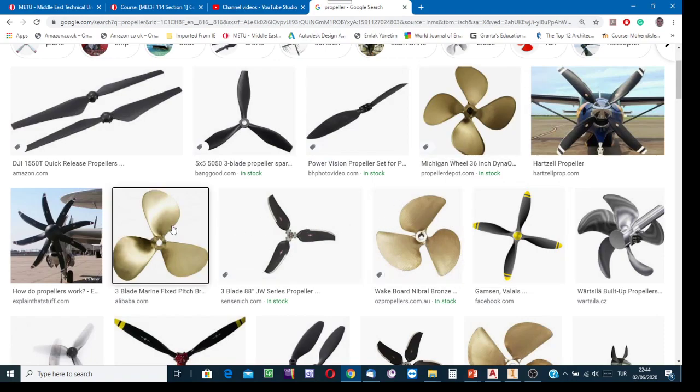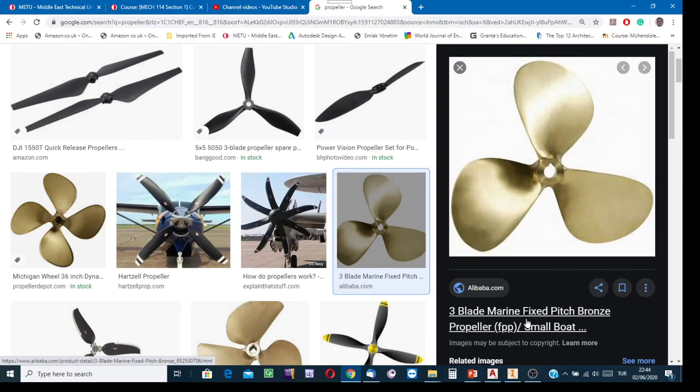Well, for instance, this one is a marine propeller. It is just to assemble to the end of the main shaft of a yacht, boat, or ship, ocean liner. Okay, and the engine rotates the shaft, and this propeller pushes the sea molecules, water molecules, in the opposite direction of the